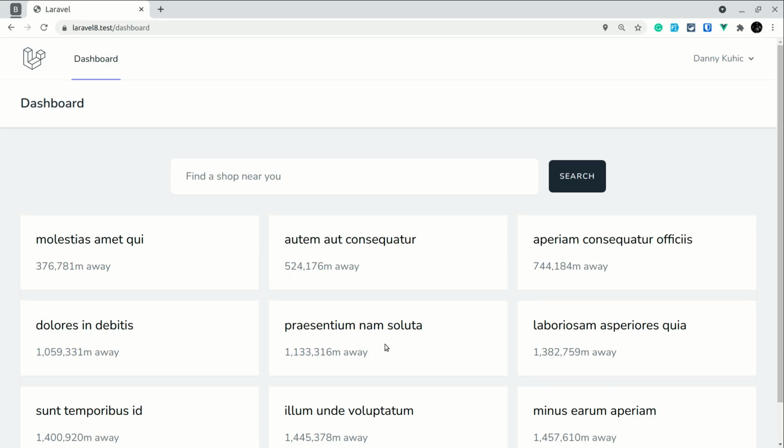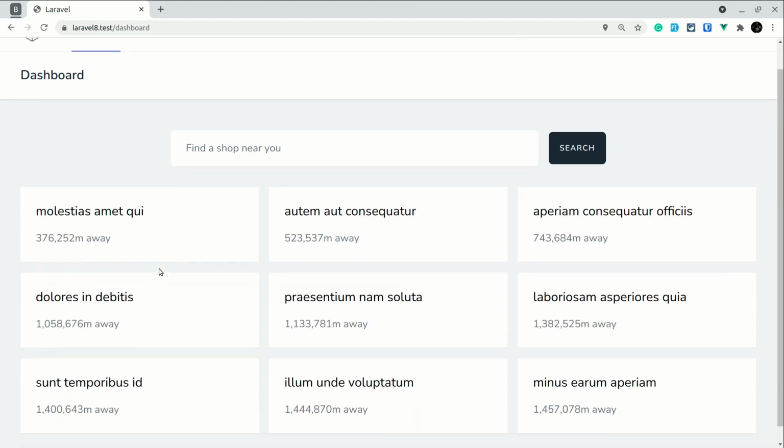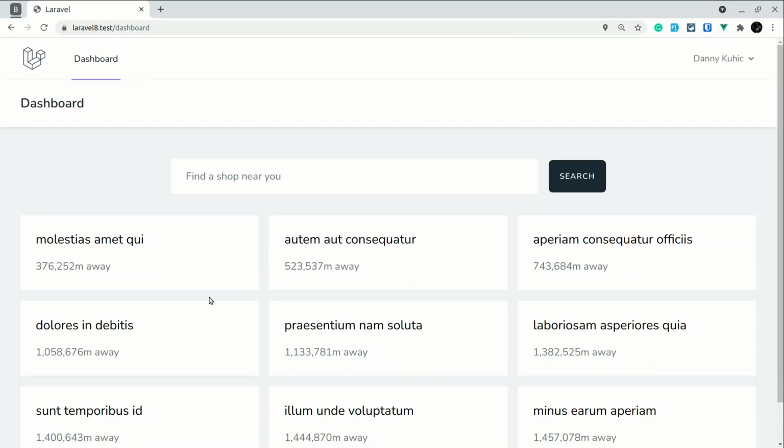And if the location is granted already, then if we again refresh the page, it will not ask for the location again, and it will directly show the list of shops. So I have already coded everything. I'll only guide you through the code, and I'll add this project on GitHub and add the link just below the like button.